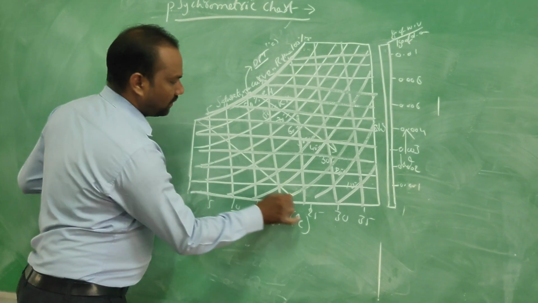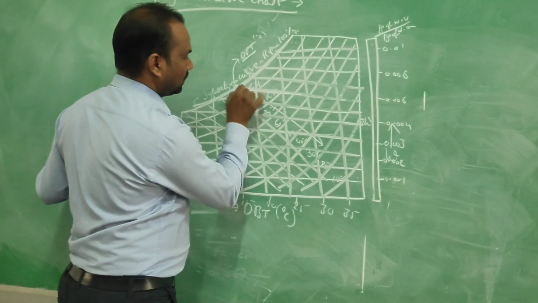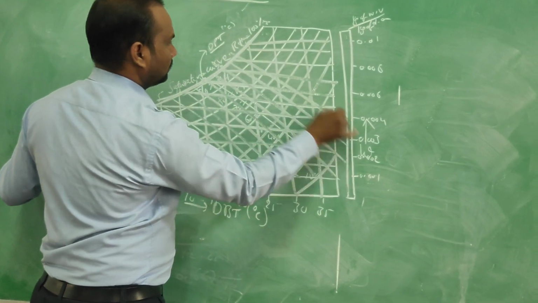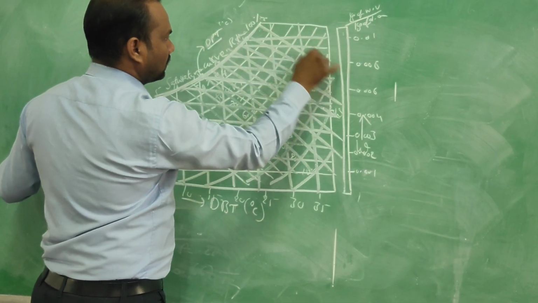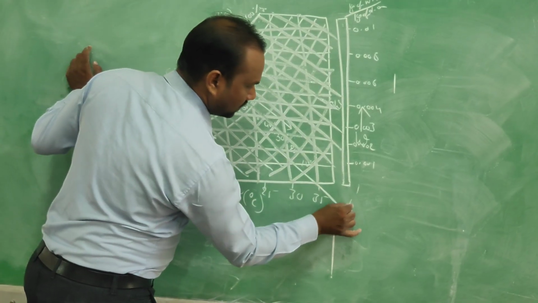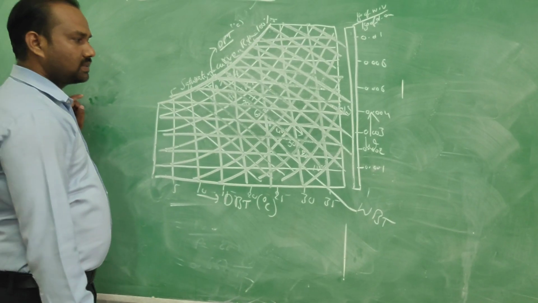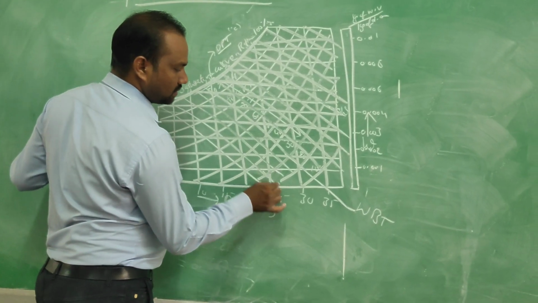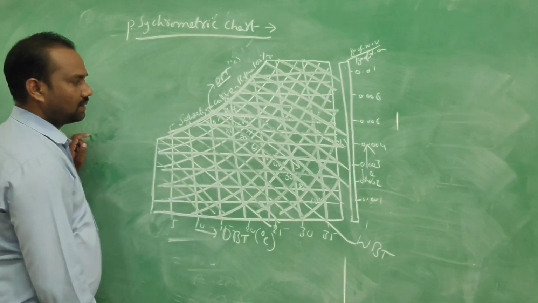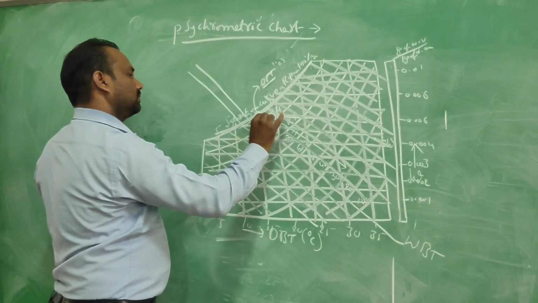Later there will be a number of inclined lines, equally divergent, equally spaced. These inclined lines on the psychrometric chart are called WBT lines. They indicate wet bulb temperature lines. So inclined lines on the psychrometric chart are called constant WBT lines. And if you extend these WBT lines